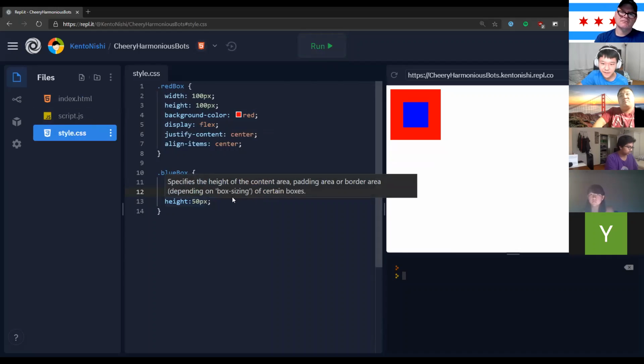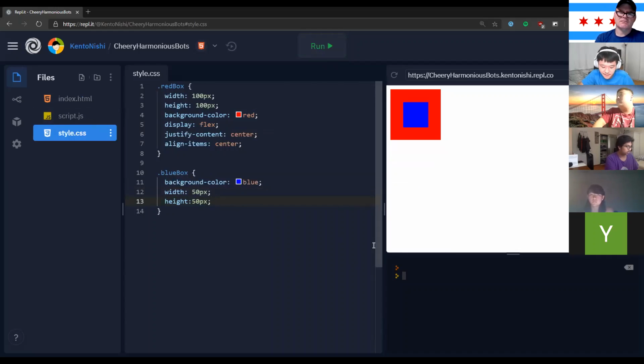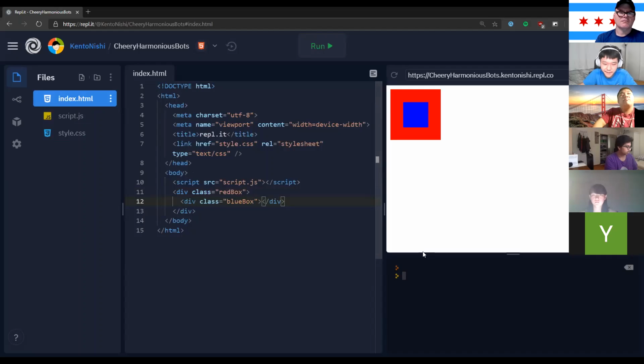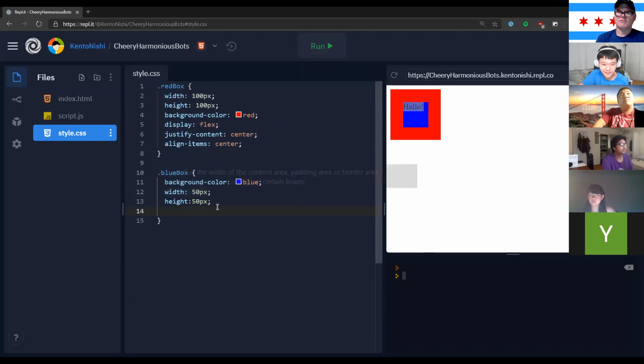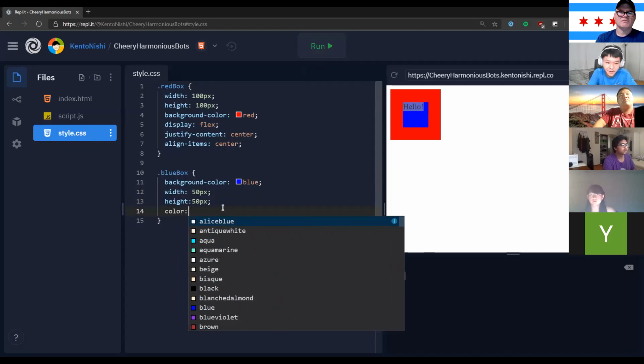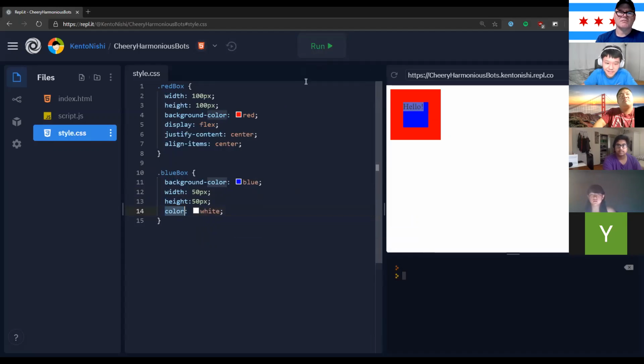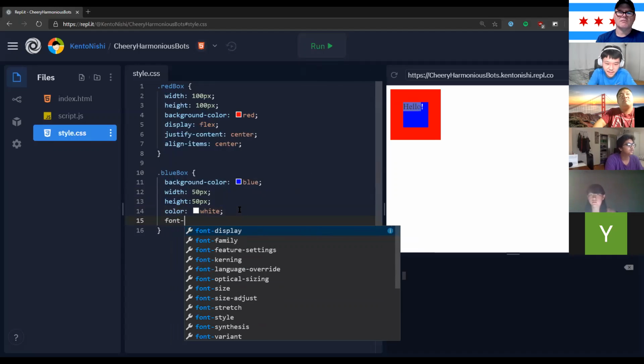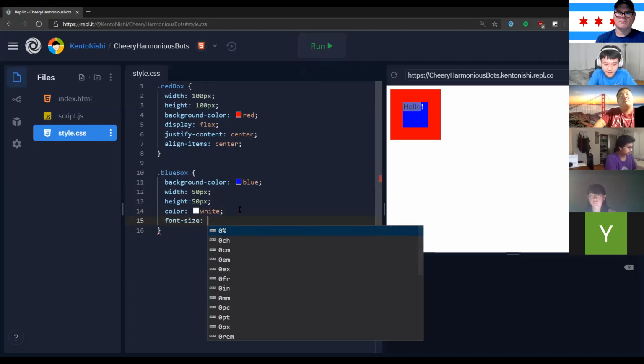And another thing you can do is, for example, if you wanted to have text inside this box, right? So let's say, hello. Right, by default, it's black and you can't really see it. So let's say we wanted to make this white and, let's say we want to make it a little bit smaller. Then we would say color white, and color means text color. So that'll make the font color white, and we can change the font size by, let's say